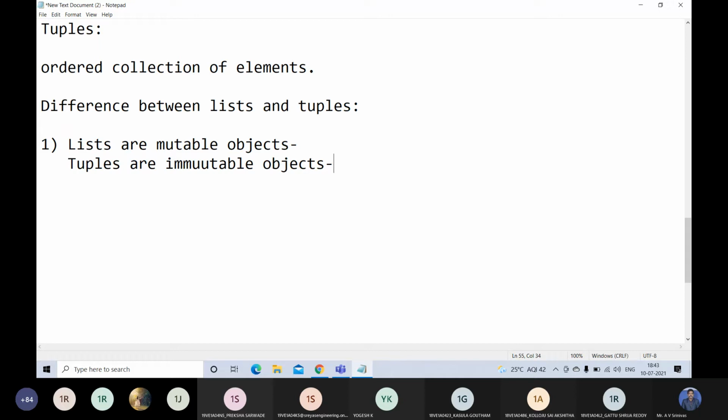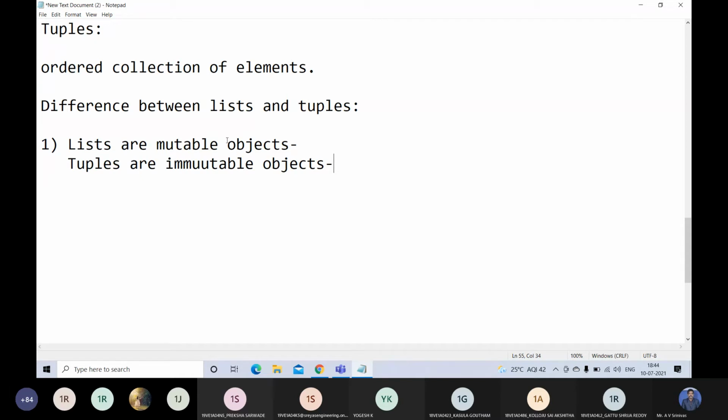It is not possible to remove the elements. That is not possible with the tuples. That is the major difference between the list and tuples.